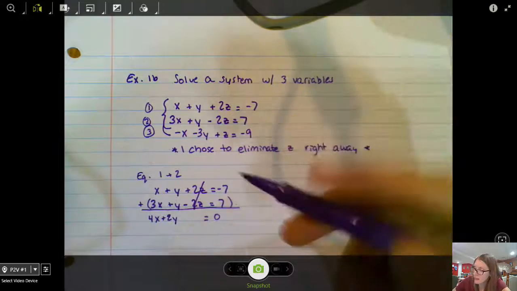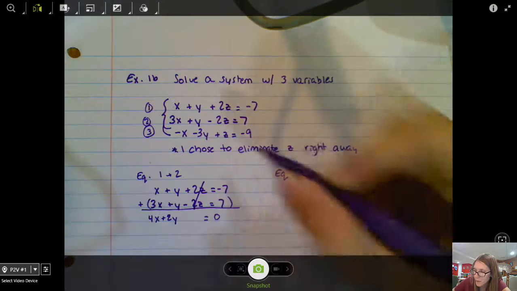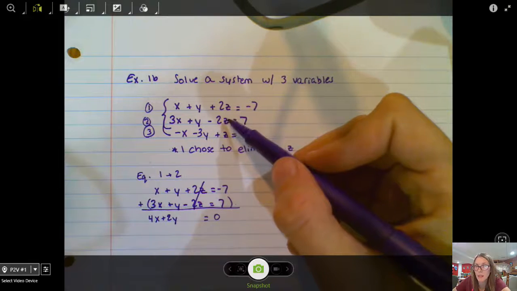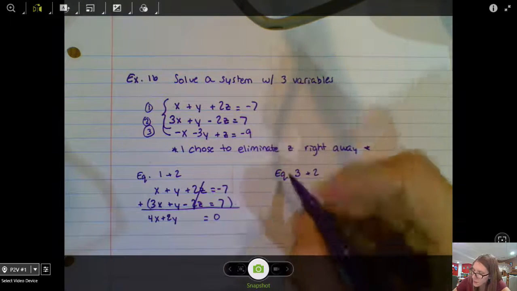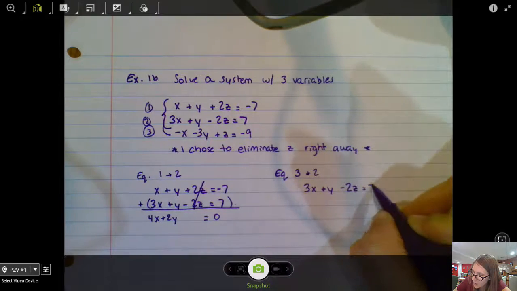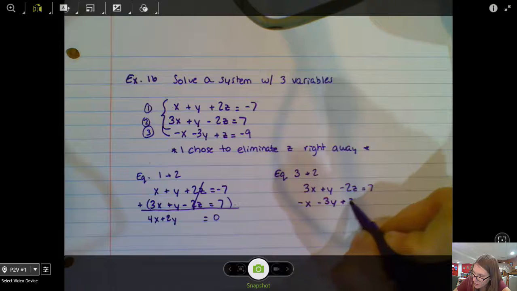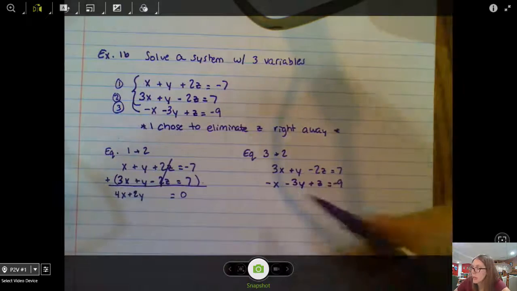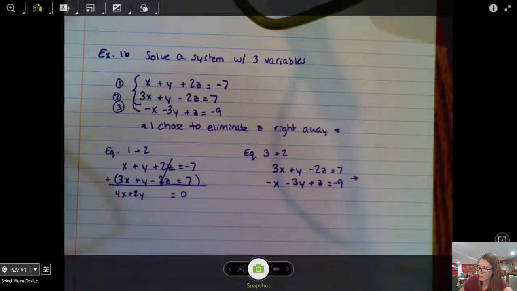Again, I need to eliminate z's. And I'm going to have to use equation 3 somewhere in here. And because I have a positive z, let's use my second equation where I have the -2z. So equations 2 and 3 had 3x plus y minus 2z equals 7, and -x minus 3y plus z equals -9. Well, right now my z's aren't going to eliminate, but if I multiply my second equation by 2,